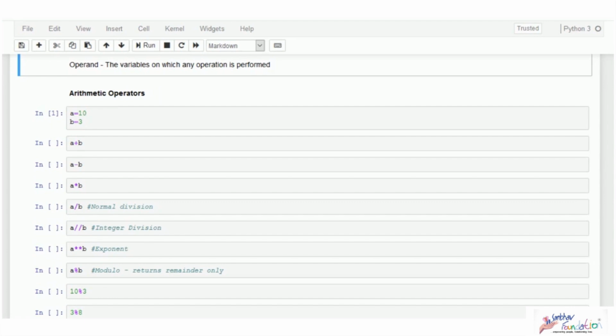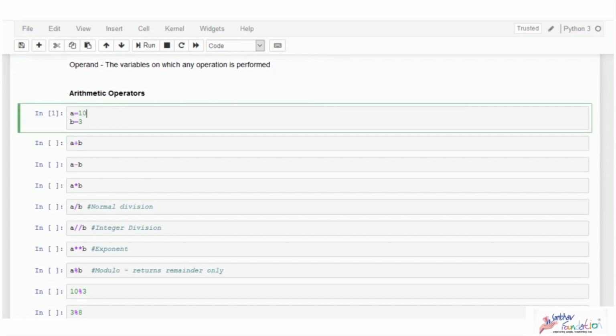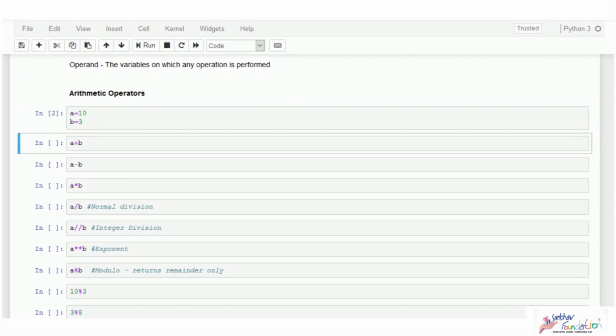So for our examples, I am declaring two variables a and b with values 10 and 3 respectively. Variable initiations are also known as variable declarations. Back in my previous videos, while explaining the Jupyter notebooks, I mentioned that when you use a variable, its value will remain the same throughout the program until and unless you change the value separately. So the value of a and b will be 10 and 3 anywhere you access it in the program until and unless we assign a different value to it.